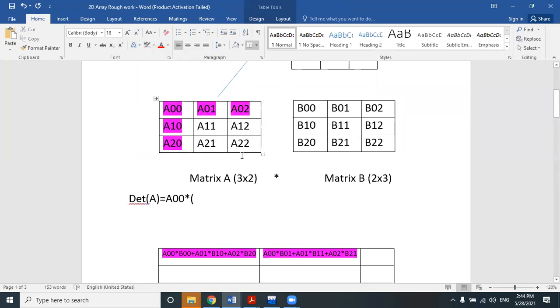We will do a cross multiplication and subtraction between them. This one we do first, top to bottom and left to right. So the first multiplication is A11 into A22, then minus the other cross multiplication, A12 into A21.